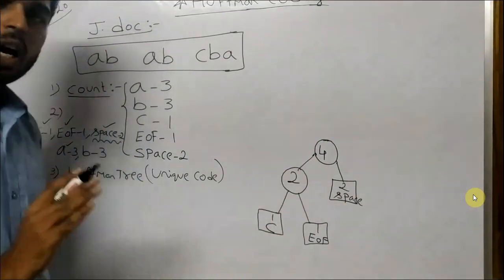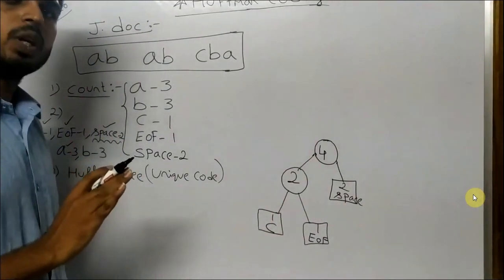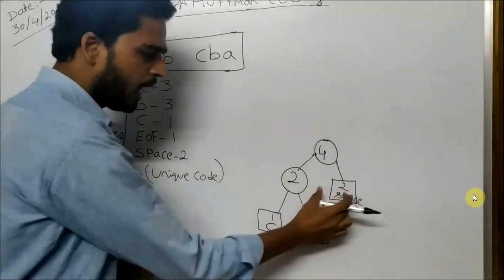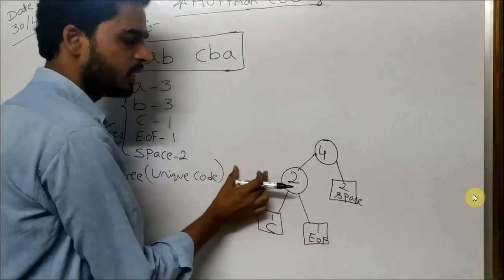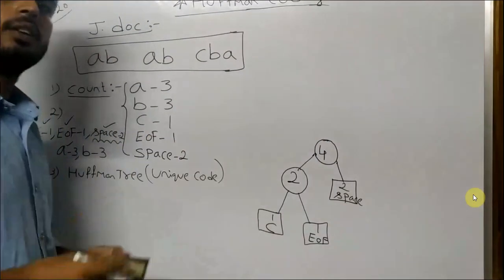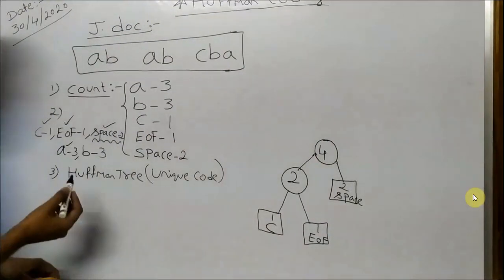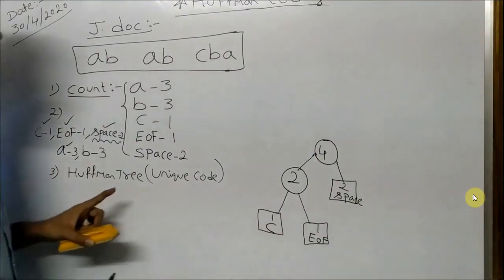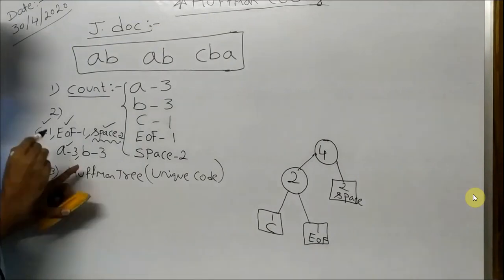This Huffman tree is not a unique tree. You can construct it in any number of ways. For example, I have constructed this space to the left side. Then it may grow in a different way. If I take this in a different way, it may grow in a different way. Right? So now what I am going to do is, I am going to take the next character A3.